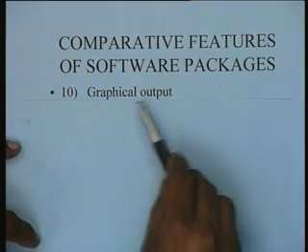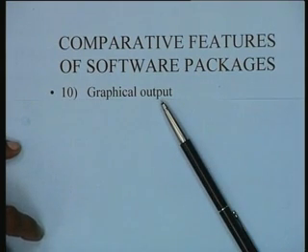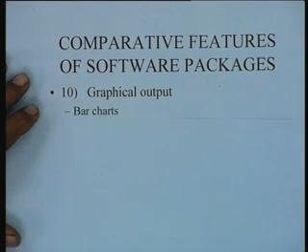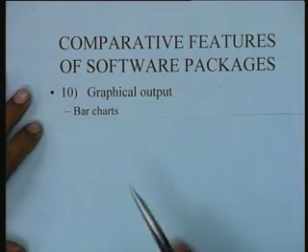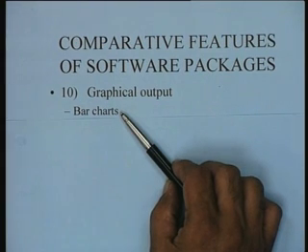Another thing which is happening is this, we were talking about reports. So, the 10th feature is what kind of graphical output the computer package gives you. Typically when you are talking about graphical output, we are interested in things like bar charts. A typical common output in any package is a Gantt chart of the various activities, showing the progress, what is done, where you are, how much is left, and so on.